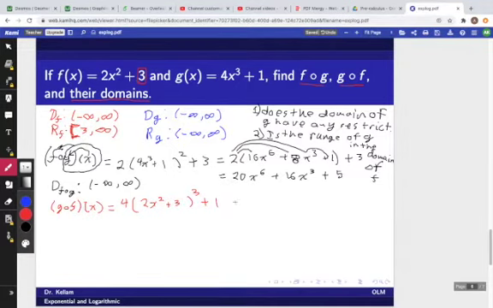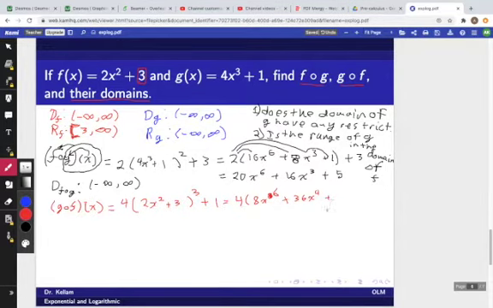Okay, and we can simplify this down. It would be 4 times 8x cubed, 8x to the 6th, plus 36x to the 4th,